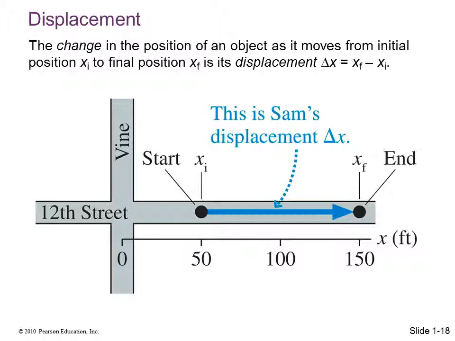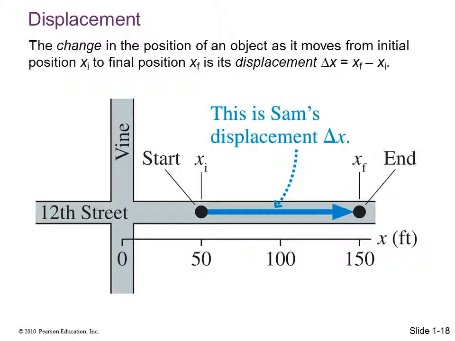So anyways, if we want to know Sam's displacement, which in this case is going to be defined as delta x, the final minus the initial position, you can see here his final position is 150 feet, and his initial position was 50 feet. So you're like, okay, I could do this. 150 feet minus 50 feet gives me a displacement of 100 feet, a positive 100 feet,